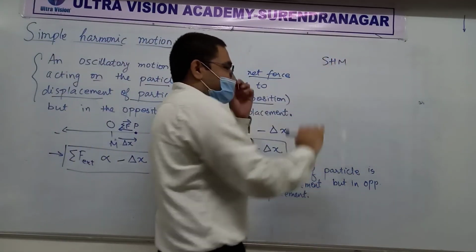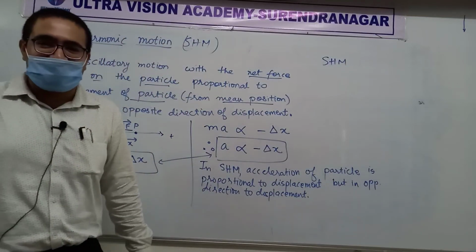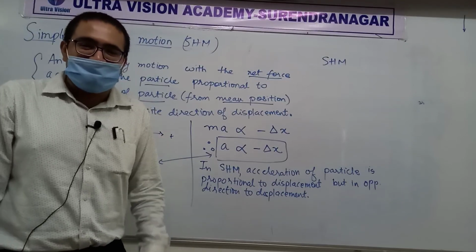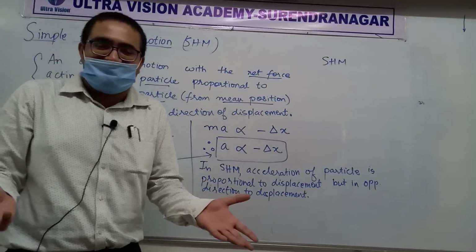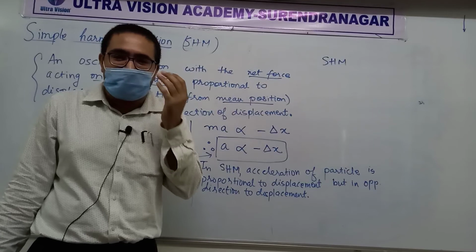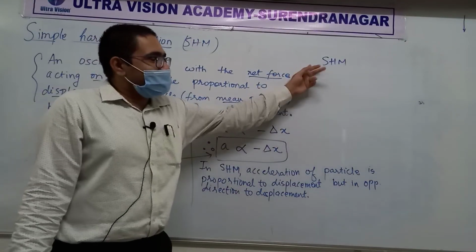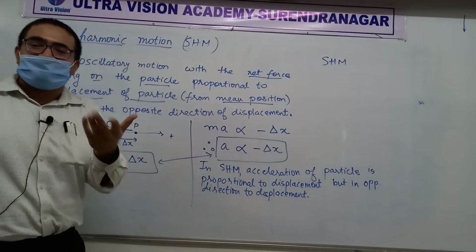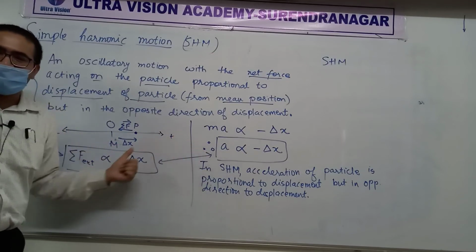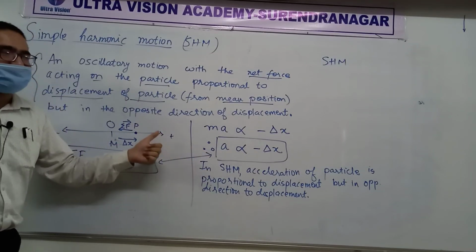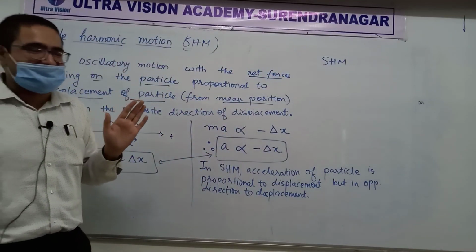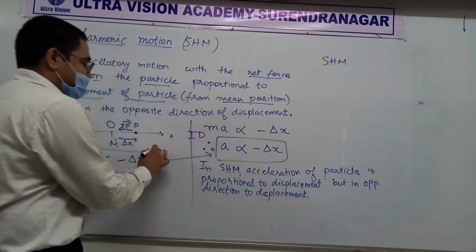These are like ID cards, I always tell everyone. Sometimes it's possible that you are at your home doing some physics problems, there is a knocking on the door. Person will say, I am from so and so department. You say, show the ID card. Just like that, whenever some kind of motion knocks at your mental doors and asks, is it SHM? Show the ID card. That's what you should ask. So if you can show this ID card, then it means the motion is SHM. Otherwise, the motion is not SHM. Is it completely clear?